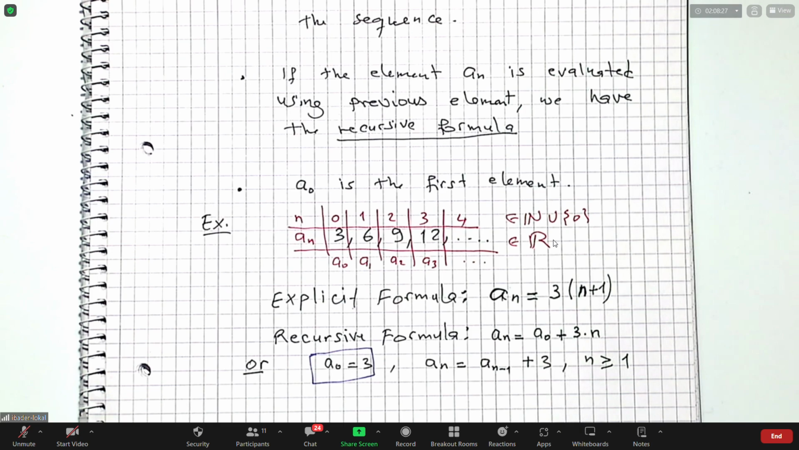So for instance, we will see that if you want to find an explicit formula for evaluating the Fibonacci theorem, it's not that easy, because it's originally defined as a recursive formula. Okay, so